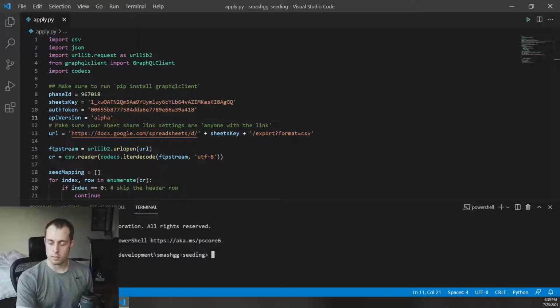And then once we're in a terminal, in the right folder. So in this case, I'm in a folder I made that's the same folder this script is in. I just have to write python apply.py, and this will